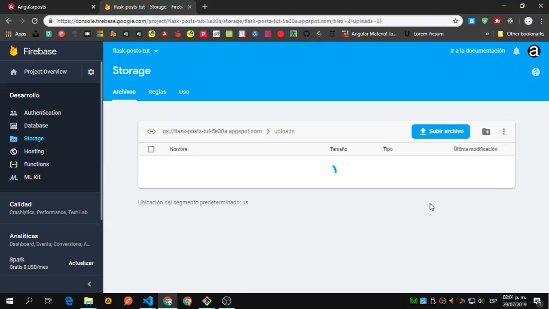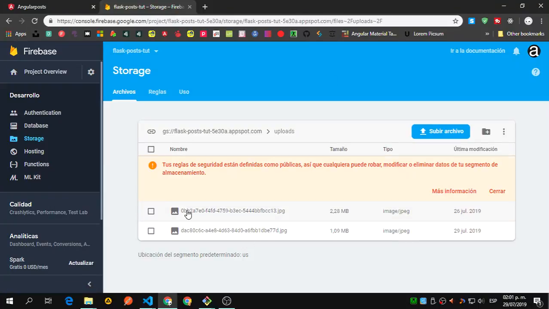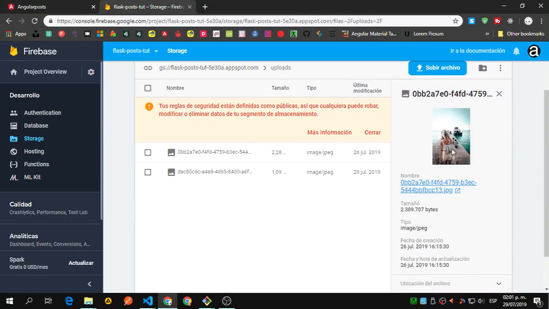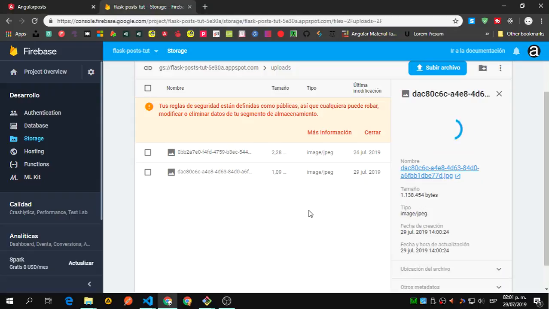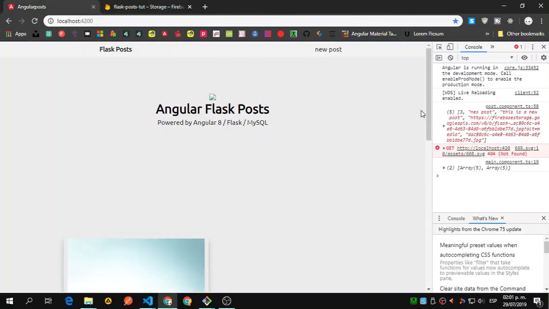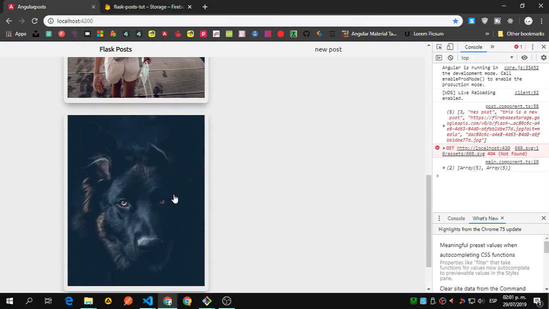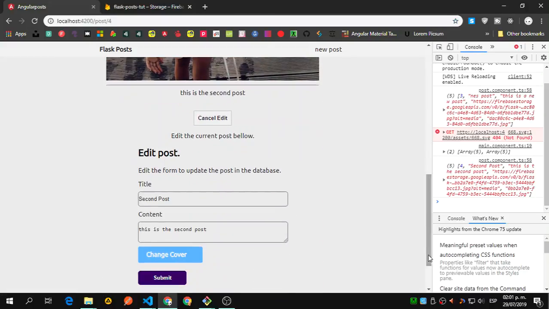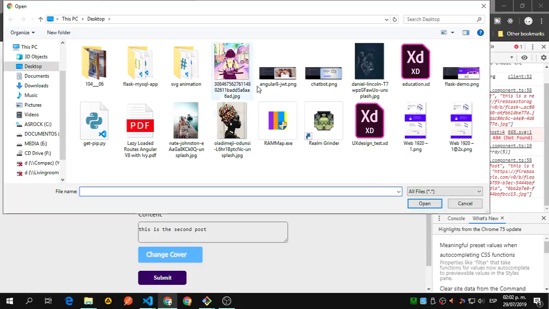We have these uploads, and since we have two posts, you can see that this is the first one and this is the second one. So the image that was there got deleted, and this new image takes its place. So let's go back here, let's click Flask post, and you will see we have these two. So now if I go back here and edit the post and change for this one